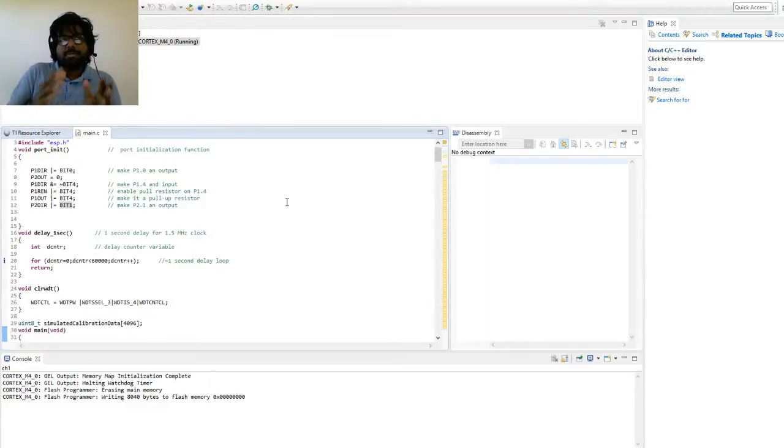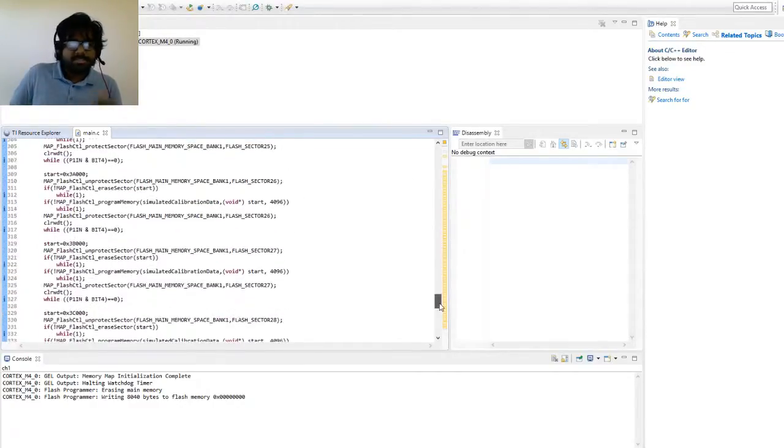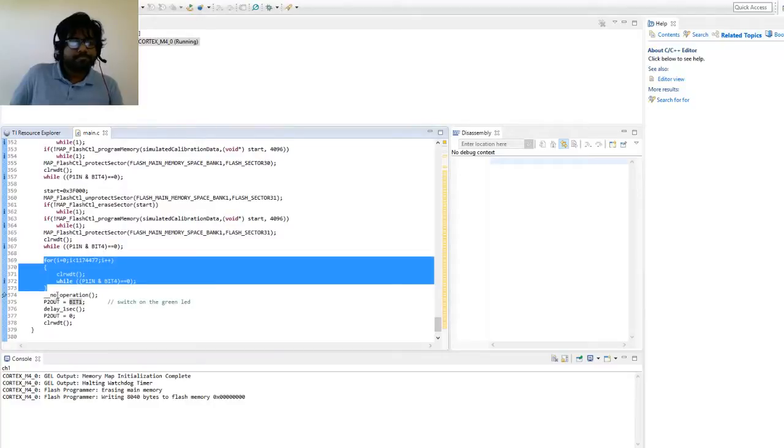Okay, so the processor here runs at a clock of 1.5 megahertz. So to have 1 minute at 1.5 megahertz, the processor should run 9 million cycles. That is why these breakpoints are there. Now we can check if 9 million cycles have been executed or not.